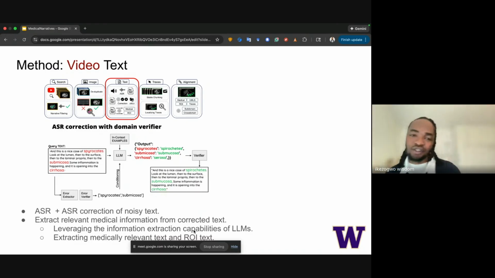Yes, and that's why we leverage the language model rather than building any sort of heuristic method. We prompt the language model to specifically extract the medically relevant text. There's also medically irrelevant text, where, for example, they might be discussing a particular case but also recalling a different case, while we still have the current medical image in front of us. So we instruct the model to leave out anything that's not medically relevant to the current image.